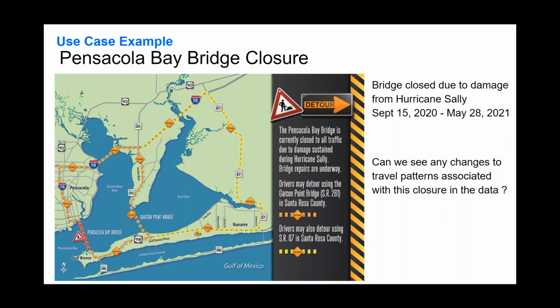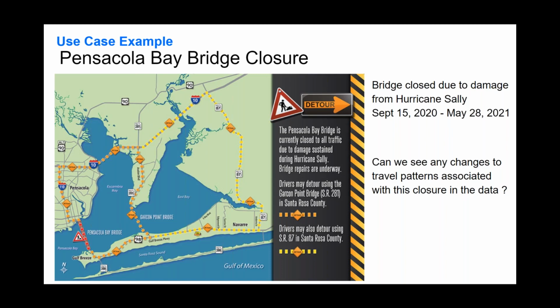And so right near the Gulf of Mexico, Hurricane Sally hit pretty hard, and it was pretty rough for the area. And you can kind of see some of the impacts through this story here. But one of the major impacts that did occur was the damage from the hurricane actually caused one of the major bridges between the major downtown area and more of the vacation area near the beach, where all the tourism actually goes to, which is a major route between the two.